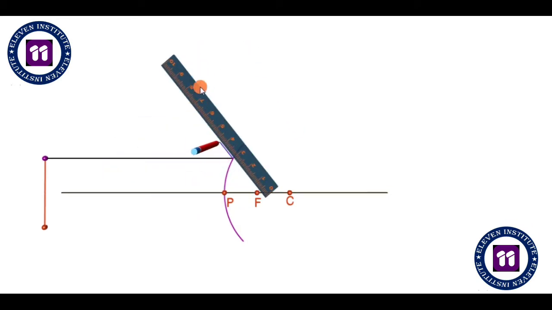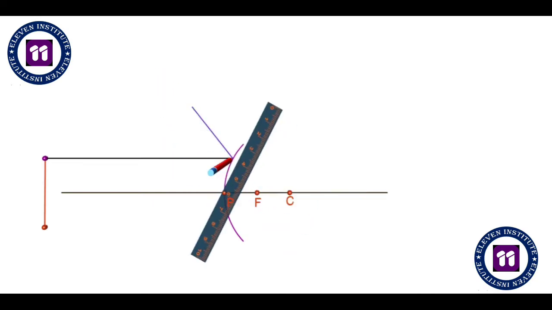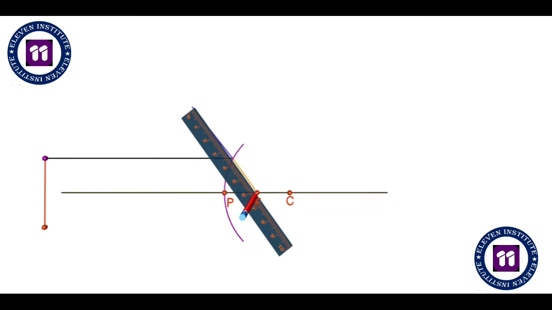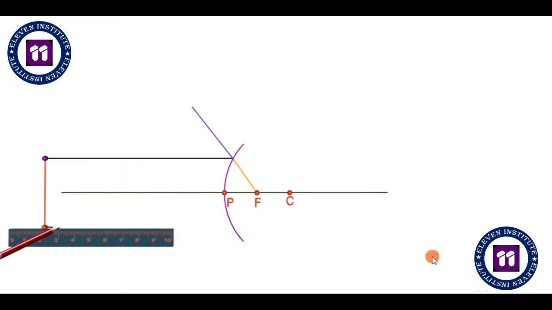Just look how the pencil works out there. See, we have placed our ruler or scale in such a way that it faces the focal point. This is in one line, and we are drawing this reflected ray. After drawing, we will draw a dotted line over here in this much portion. I cannot draw the dotted line over here, that is a limitation of the module that I am using, right? But you have to draw a dotted line over here which I will represent by a different color. So your reflected ray is of this light blue or sky blue color, right? See, this you have to draw as a dotted line. It shows that you are going in the direction of the focal point.